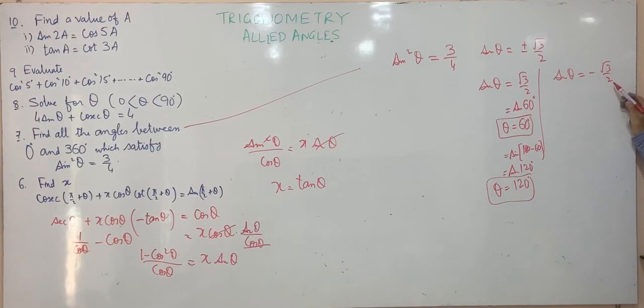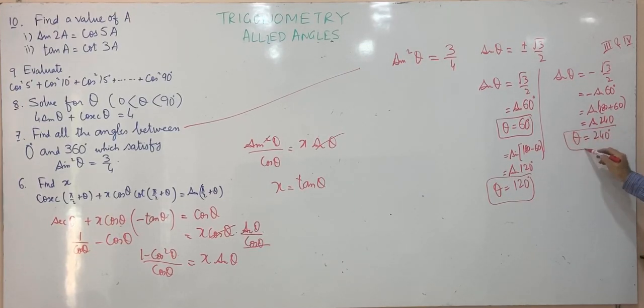First of all, write minus, this is sine of 60 degrees. So we'll get answers in third and fourth quadrants. Again, two values from this equation. How do we go to third quadrant? This is sine 180 plus 60. Sine 180 plus 60 is minus sine 60. So I have written minus sine 60 as sine 180 plus 60. That is sine of 240. This gives us theta equals 240. The third answer.